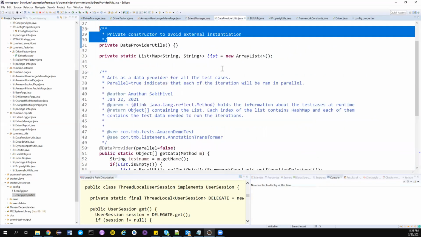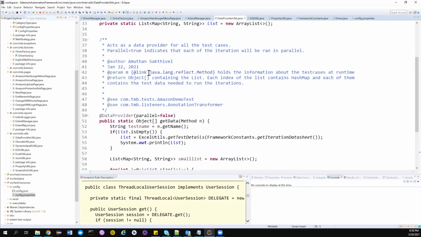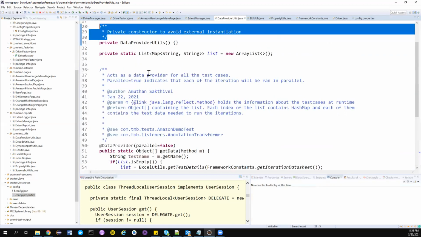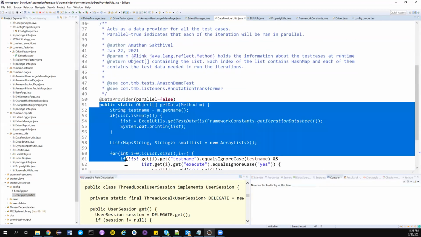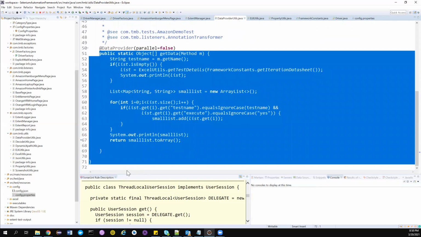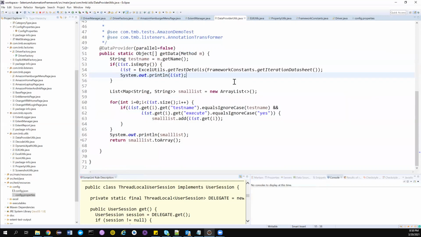This is done. And in the data provider utils, there is nothing much here. Maybe we can see later, we have used a data provider with Excel, right? So if a user wants to use a data provider with JSON or YAML, we didn't have any provision. So we will see how we can create an interface and provide the skeleton. We'll ask the user to follow certain conditions, that's the use of an interface. We'll give the skeleton and make the users implement it. We'll do that later, maybe after learning about some Selenoid and other stuff. We'll come back and revisit this.